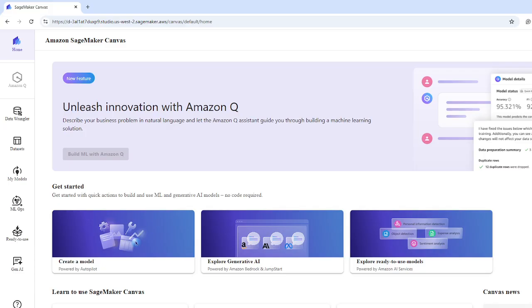SageMaker Data Wrangler works. So first, log into your AWS console and then go to Amazon SageMaker Canvas. Right now I'm here, in Amazon SageMaker Canvas. And then let's go to the data sets. On the left hand side, you can see Data Wrangler, data sets, models, MLOps, ready to use, GenAI. A lot of features are there, right? So let's do one by one. So let's go to the data sets,